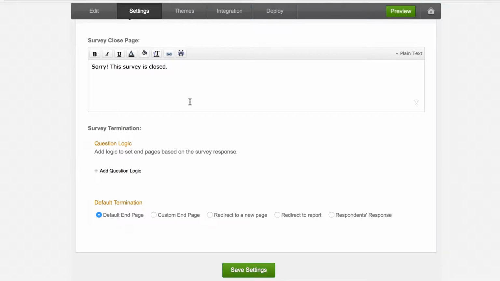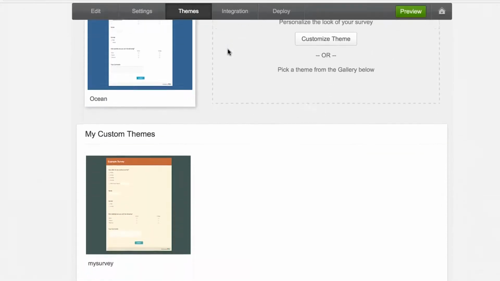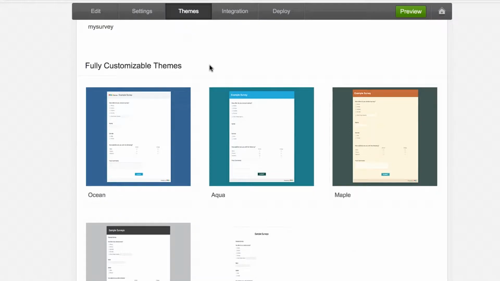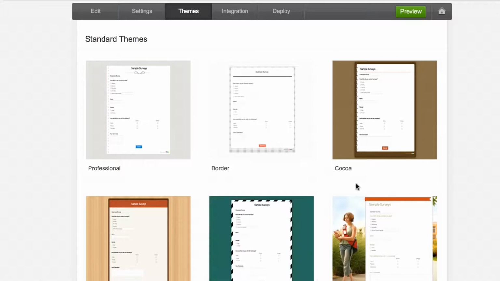Great. Now let's move on to the styling part, where we beautify our survey and make it look good. And we can do that under the themes section, where Zoho Survey provides a variety of themes that we can choose from. And there are two types of themes available in Zoho Survey. One is the fully customizable themes, which allows you to customize your theme completely. And the other is what we call standard themes, which are not as customizable as the fully customizable ones, but